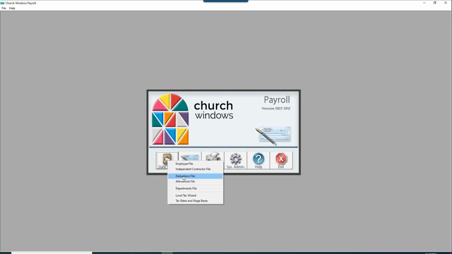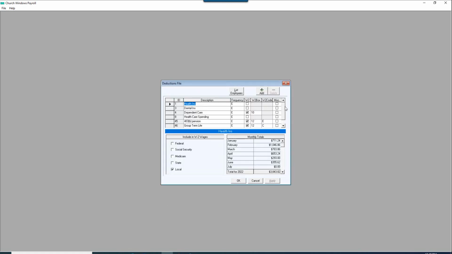So basically, deductions are representative of monies that are deducted from employee checks, not for tax withholdings, but for things like, if we click on ours, like I said, we've got a database that's constructed here. So it would be for things like health insurance contributions for employees, dependent care, flex spending, or pension with deductions. Okay, anything that typically the employee voluntarily participates in that is deducted from their paycheck are going to be set